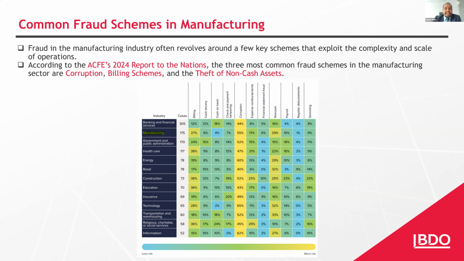Another form of theft is overproduction and diversion, which is where extra goods are manufactured and then diverted to the black market. For example, a manager might authorize the production of more units than ordered and then siphon off the excess to sell privately. Theft of non-cash assets is also very dangerous to manufacturing because stolen goods are often very integral to production processes, which means that any loss or shortage can cause disruptions, delays, or additional costs for the company.